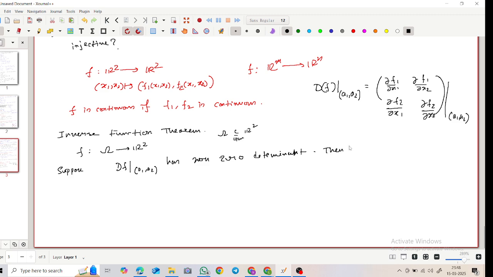Then f is a local diffeomorphism about (a1, a2). Have I written the diffeomorphism spelling correct? No problem. That is, there exists